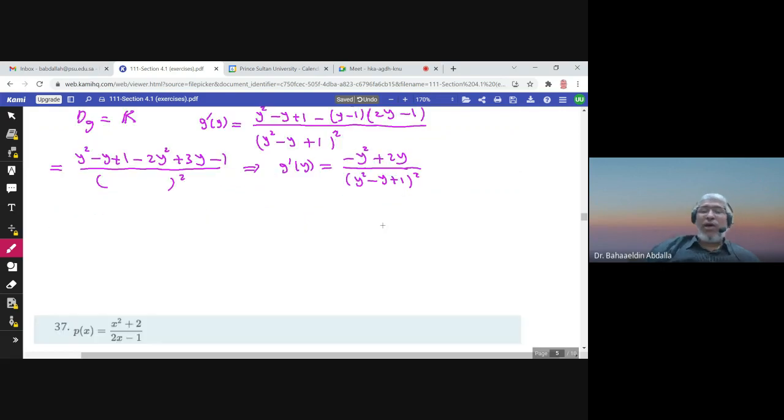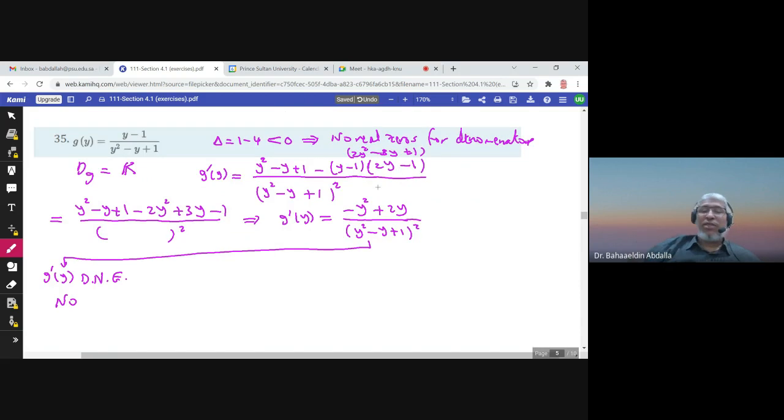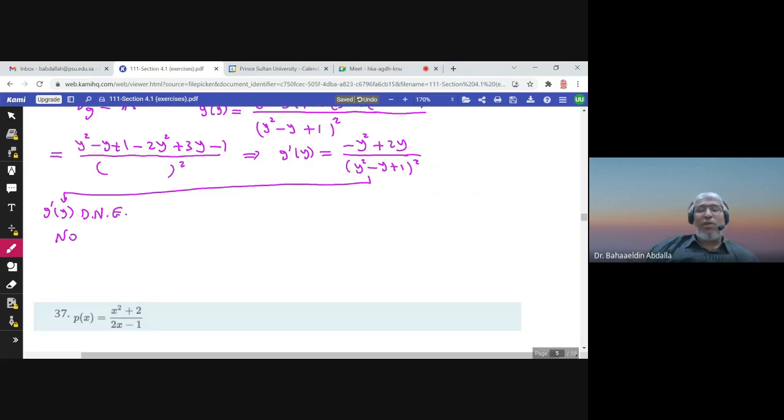So this is g prime of y. Is there any value of y that makes g prime does not exist? No, it would be the 0 of the denominator, but we have checked that this denominator y squared minus y plus 1 has no real zeros. So still the fact that g prime